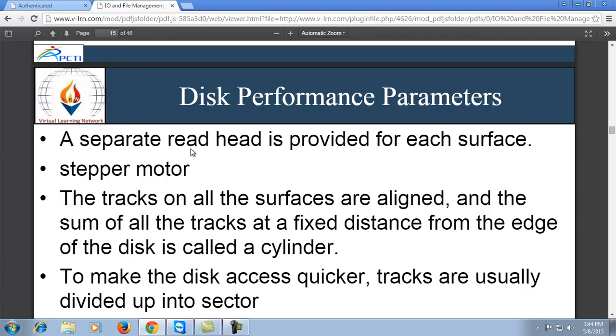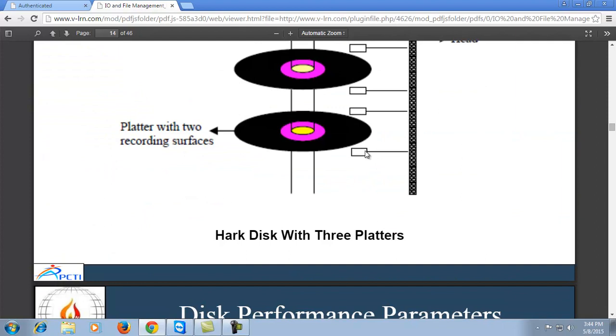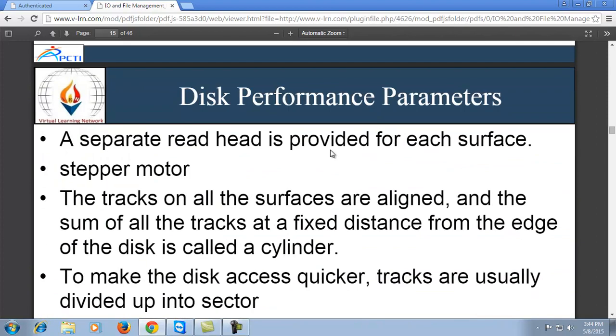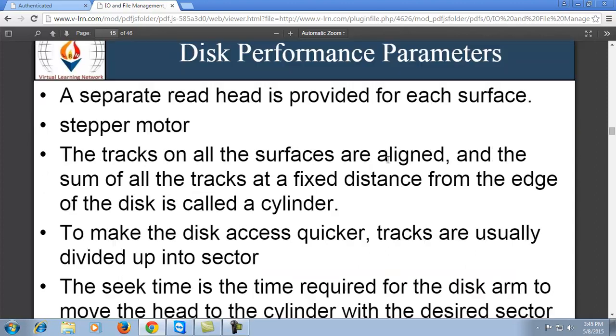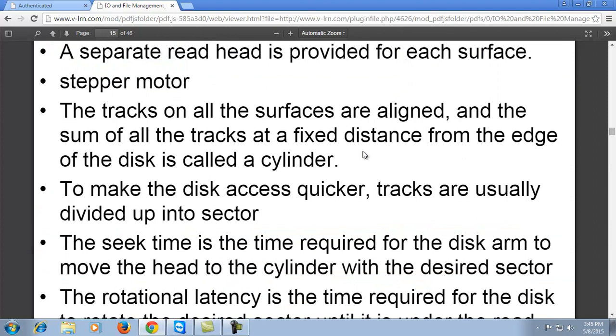A separate read head is provided for each surface, with a stepper motor, at every layer or every track surface, which is read by this head. To make disk access quicker, tracks are usually divided into a number of sectors and the data is stored in sector form. The seek time is the time required for the disk arm to move the head to the cylinder with the desired sector.